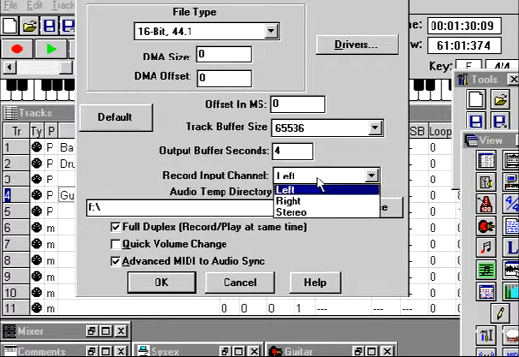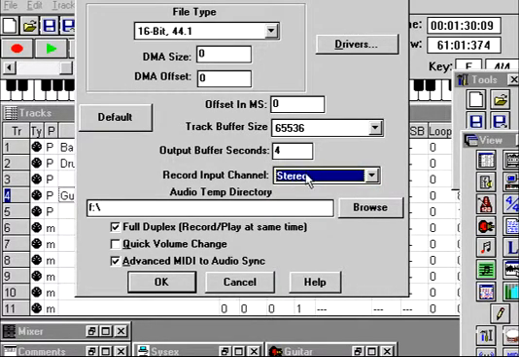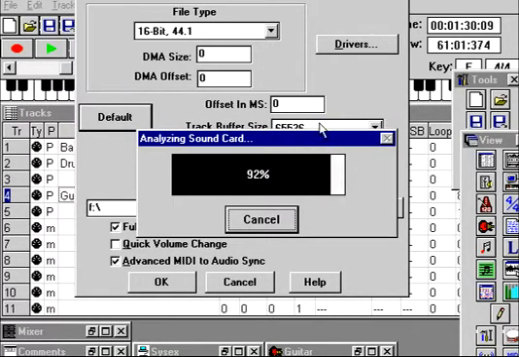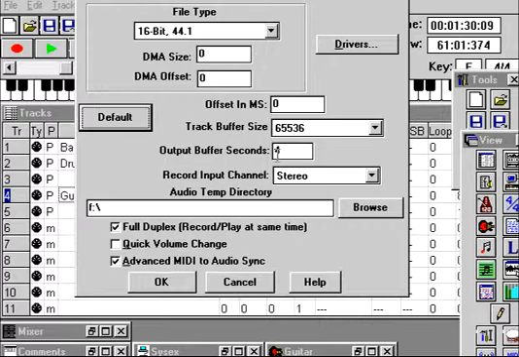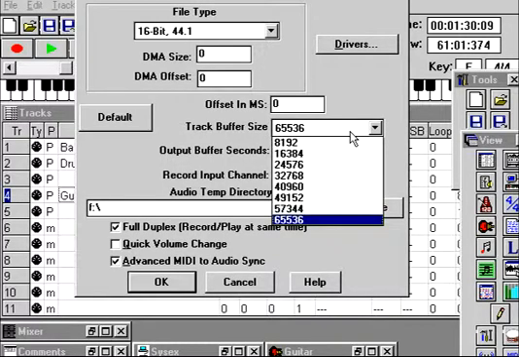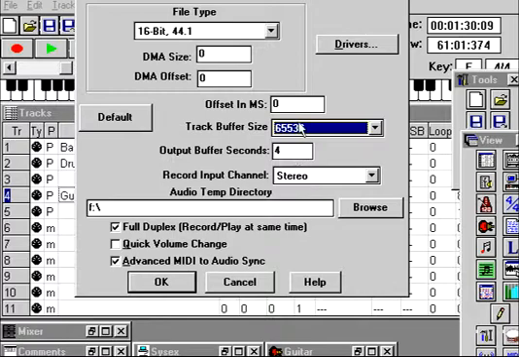With this setting here, we want to make sure that we're recording stereo, which is left and right channels. These other settings here are set automatically. When you press this button here, it'll analyze your sound card and choose the best settings. Usually you don't have to play around with those too much, but if you are having trouble with synchronization problems, you can try changing some of these settings. You may get lucky. This offset millisecond is a very useful one. For what that does is